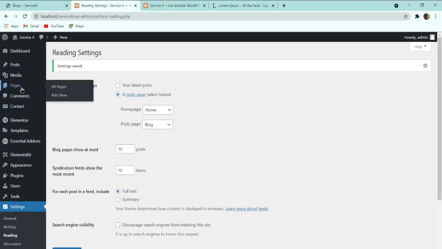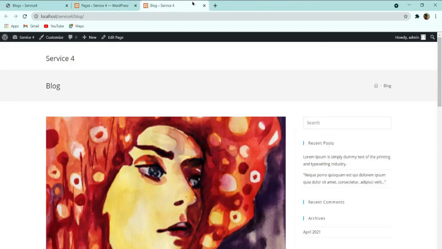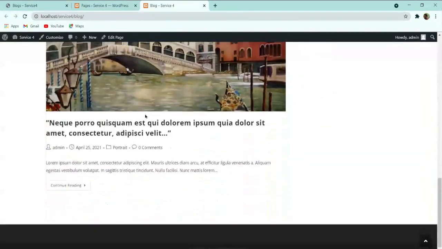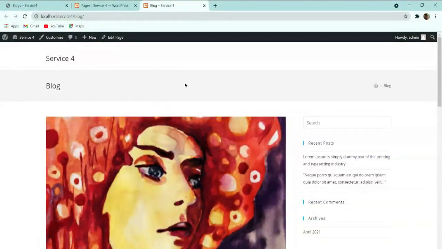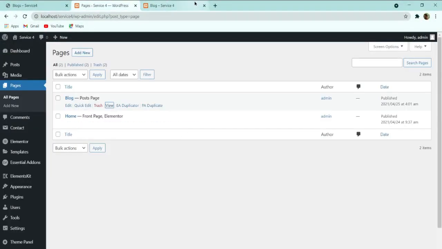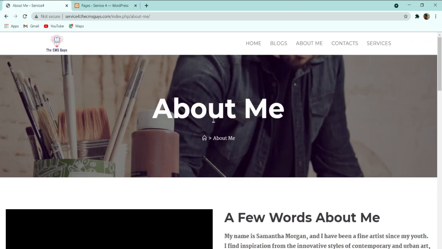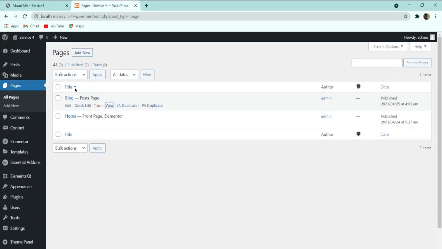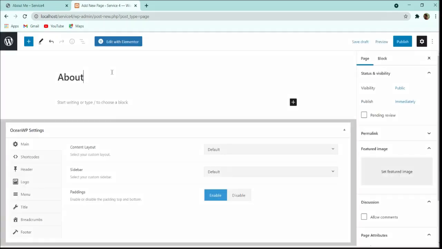So now click on these pages and let me open the blog page in a new tab. Here you can see how this blog page is going to look. This means all the blogs will be present over there, that is the blog page. After that, moving over to the next page, which is the about me page. For this about me page, again we have to create a page. So first of all click here on add new, and then add a title of about me,